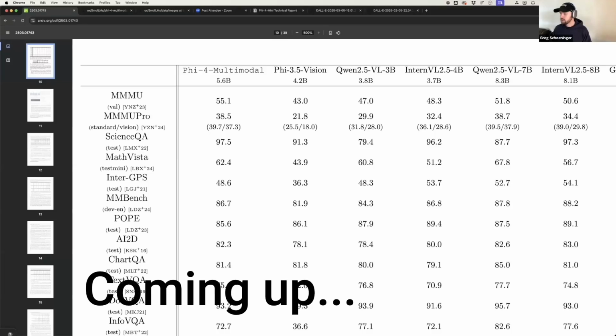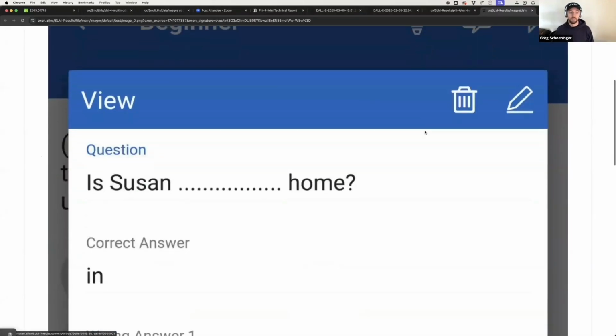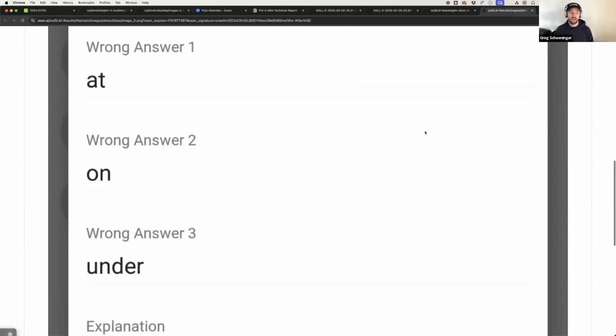I thought it would also be interesting to take the OCR benchmarks and look at some of the results rather than just looking at a big wall of numbers here. So you can see some of the input data is just screenshots. And then the question is,